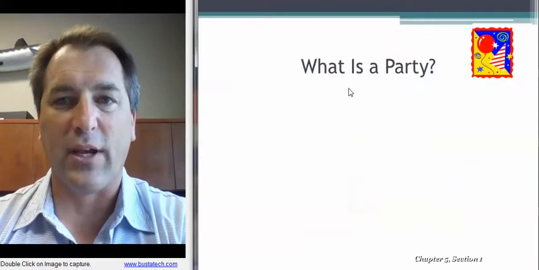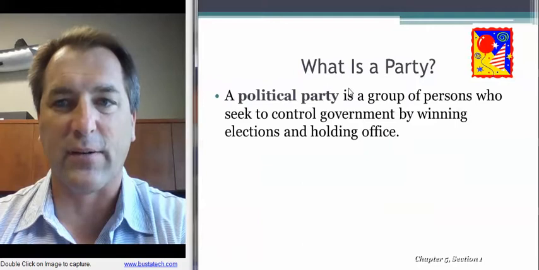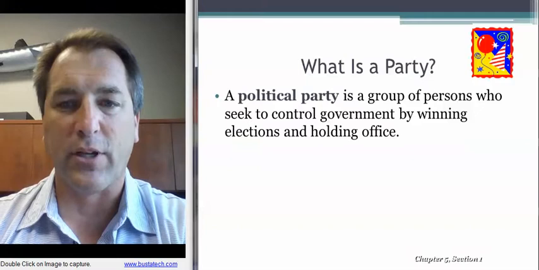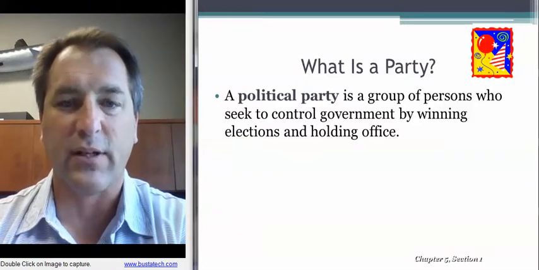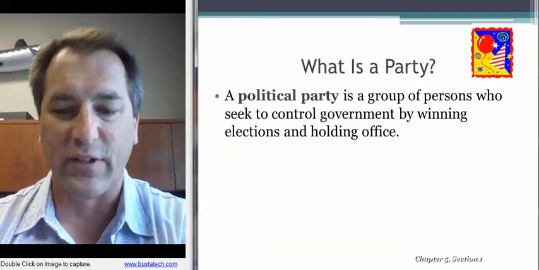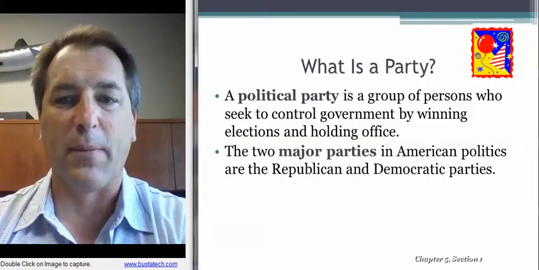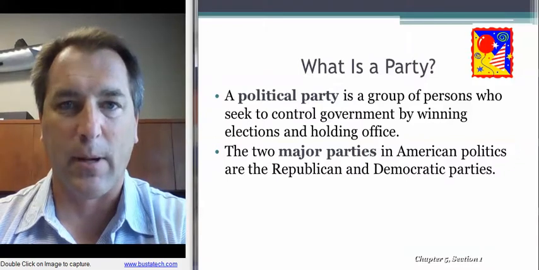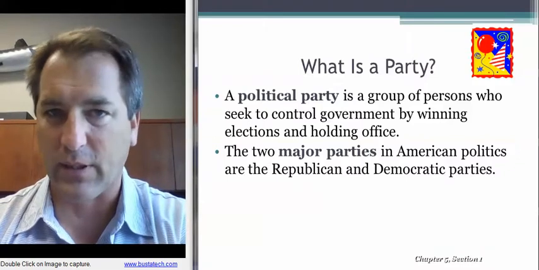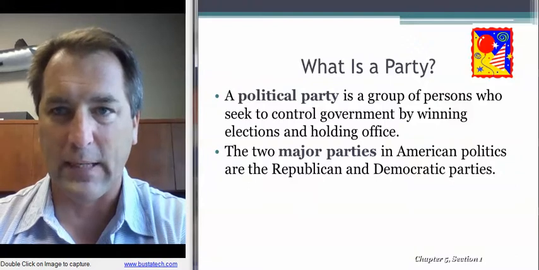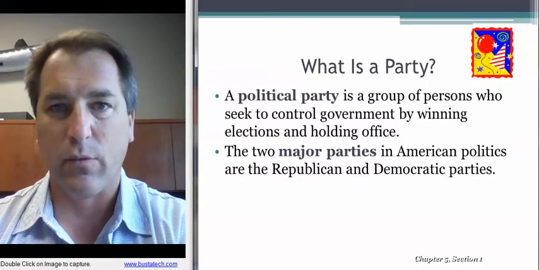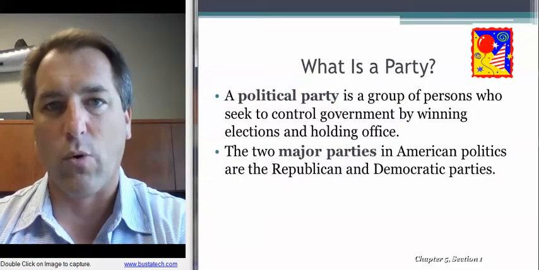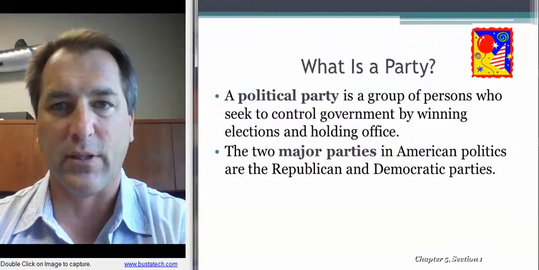As you know, they have obvious important functions in our American politics. From the beginning, we've been a two-party system. A political party then is a group of persons seeking to control the government by winning elections and having their candidates hold office. There are two main parties, as I mentioned already, the Democratic Party and the Republican. Oftentimes, the Republican Party goes by the GOP name, Grand Old Party. So keep an eye out for GOP, which means the same as Republican, and the Democrat is simply the Democrats.